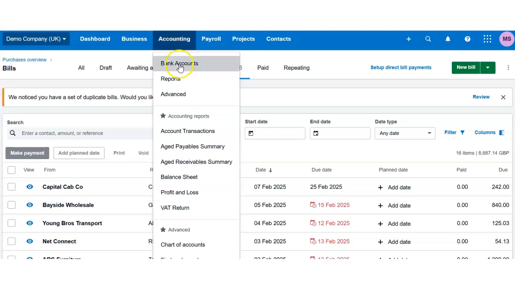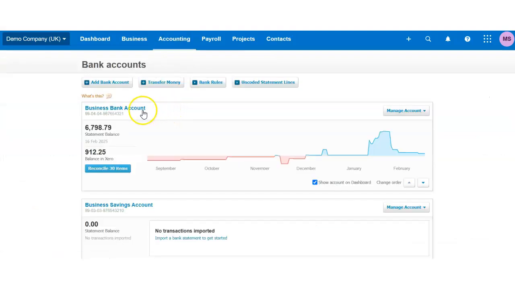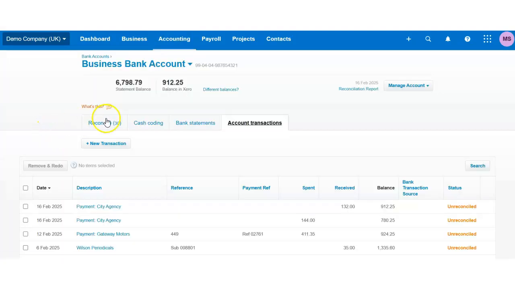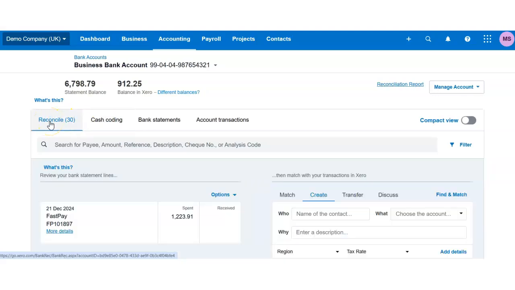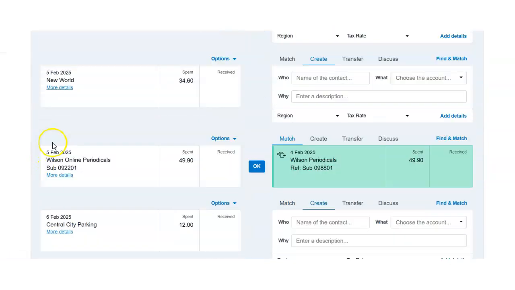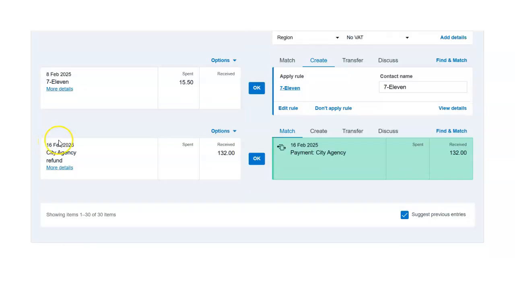Now what we do, we go to a bank account and we know we have received this entire amount from supplier as a refund. So we go to reconcile tab. We find the transaction on the bank, and as you can see now,